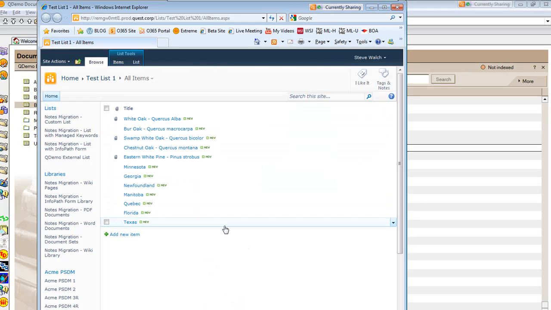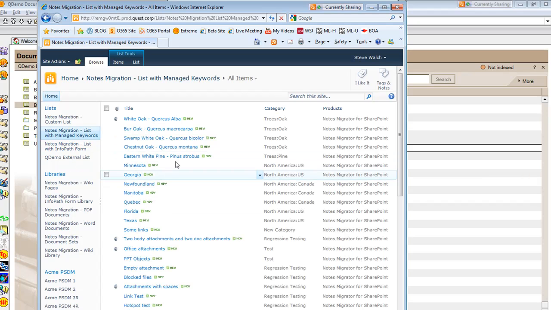Now I'm going to show you one more lookup example a little later when we talk about normalization. So that'll be a cool demo we'll save for later. I also want to show you managed metadata. And just in the interest of time here, I'm going to show you an existing list where I've configured managed